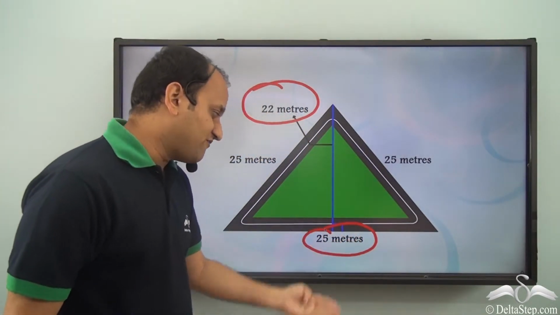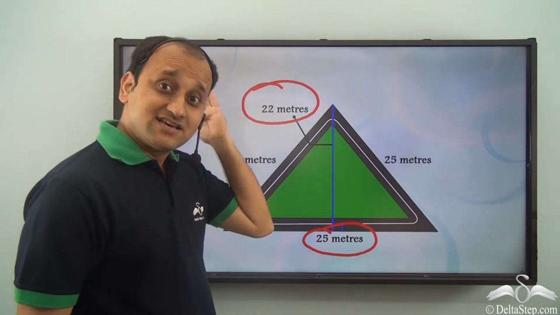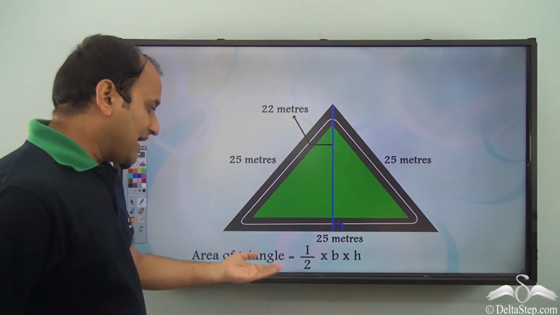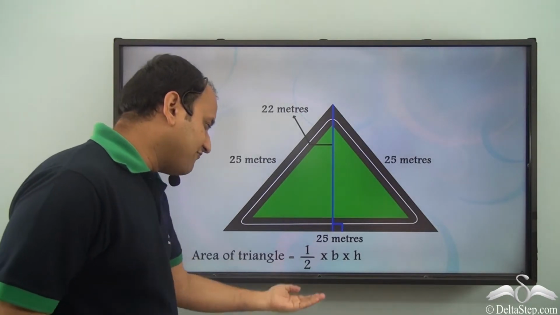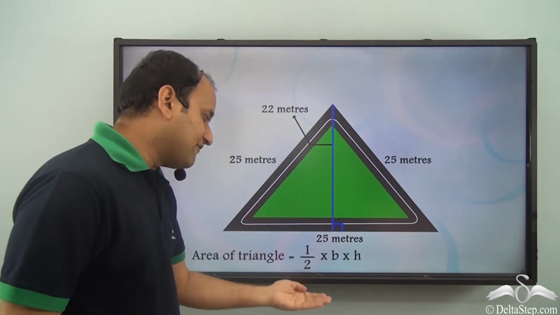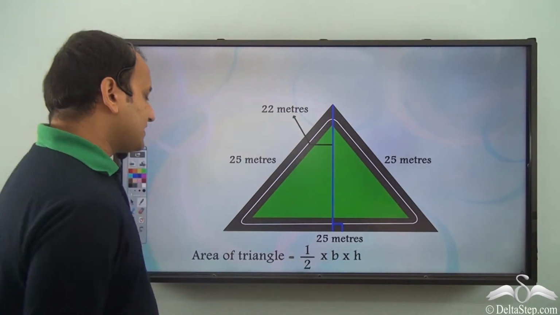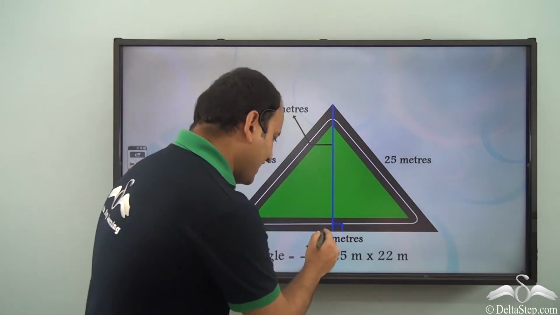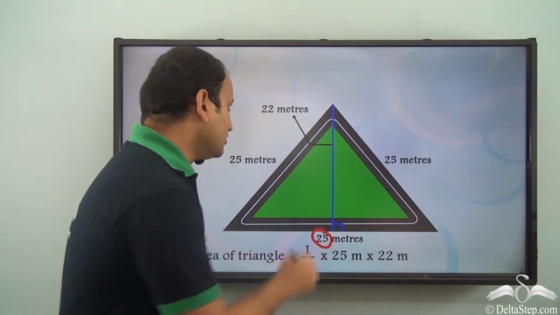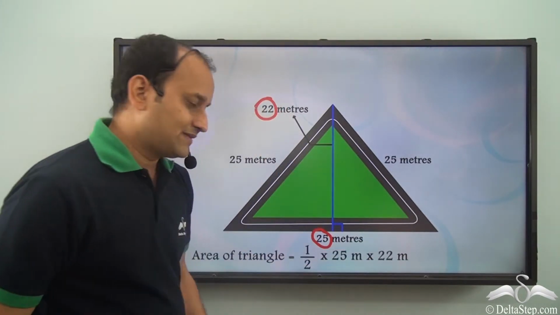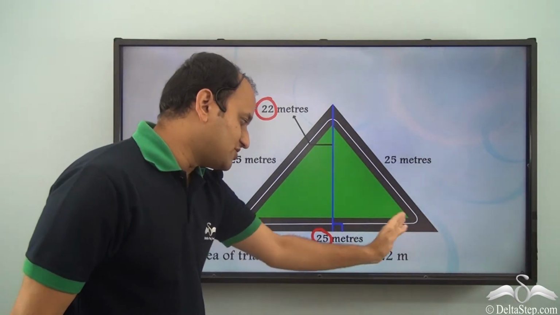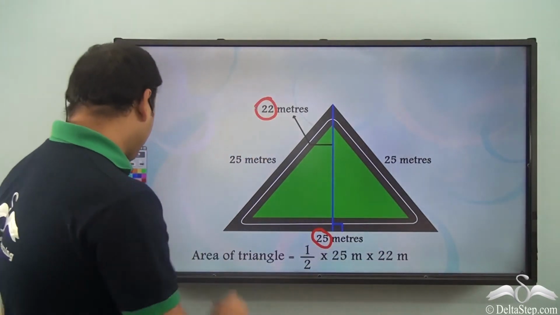So, the base is 25 meters and the height is 22 meters, isn't it? So, by applying the formula half into base into height, or half into b into h, what do we get? Well, we get half into 25 into 22, isn't it? So we have half into 25 meters into 22 meters, which will be